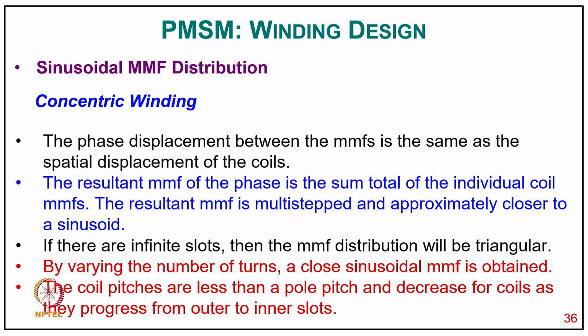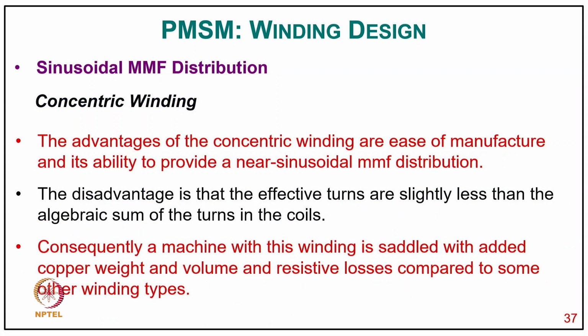And if there are infinite slots, then the MMF distribution will be triangular. But by varying the number of turns, a closed sinusoidal MMF is obtained, and the coil pitches are less than the pole pitch and decrease for the coils as they progress from outer to inner slot. And the advantages of the concentric winding are ease of manufacturing and its ability to provide